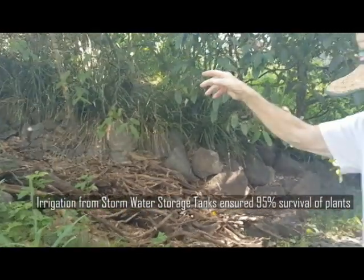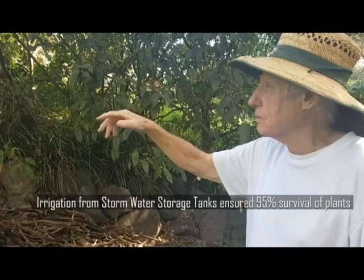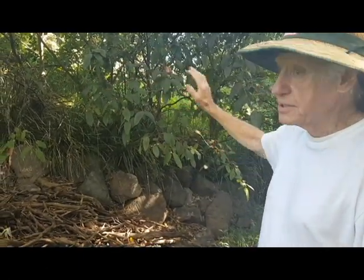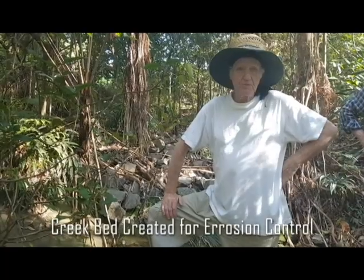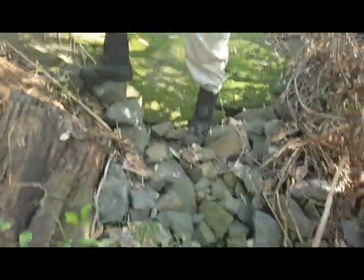Back in 2005, we were good officers of council and Jill Hall. We got a Commonwealth Water grant to put in 60,000 litres worth of stormwater harvesting to provide backup water to ensure that we got essentially a 95% survival rate of all the tube stock planting that we put in. This creek line was a serious erosion issue, and when we were doing the work on the stormwater harvesting,